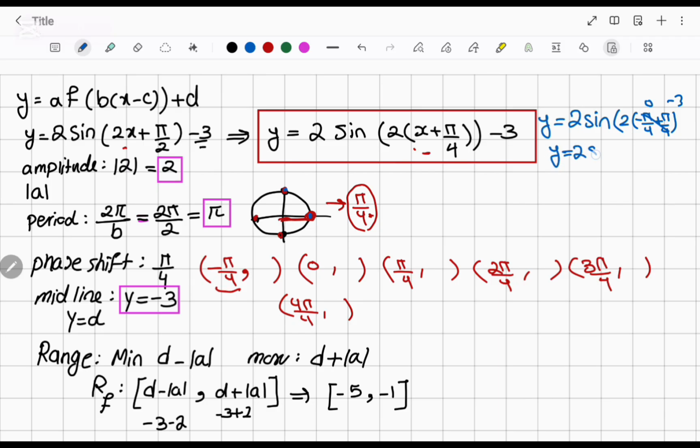So it's going to be actually 2 times sine of 0 minus 3. Sine of 0 here is going to be 0. So 2 times 0 is 0, and 0 minus 3 is negative 3. So this point is negative pi over 4 and negative 3. The next one,